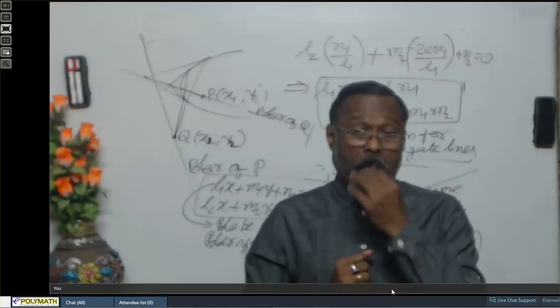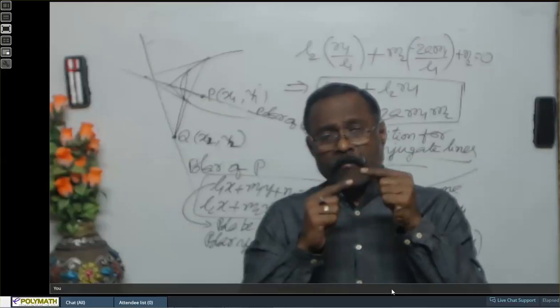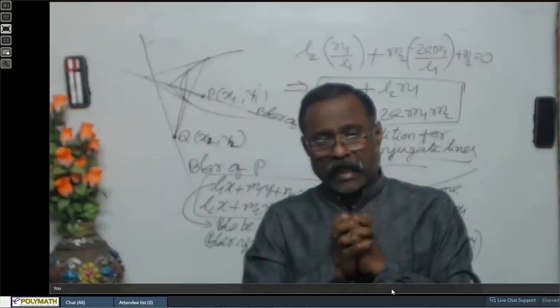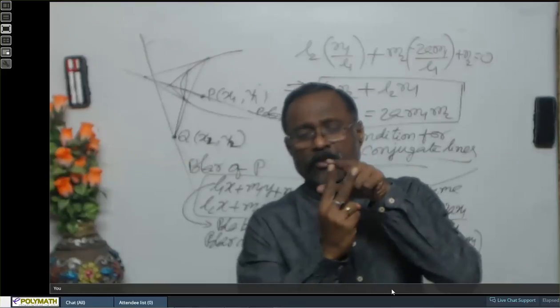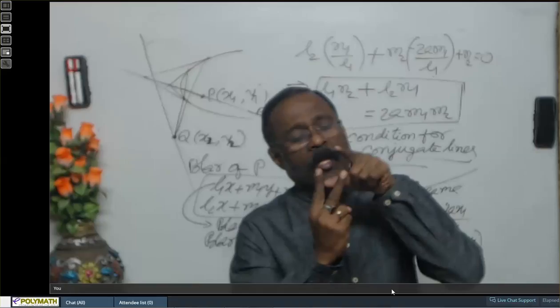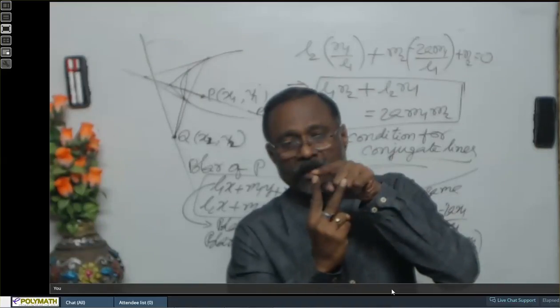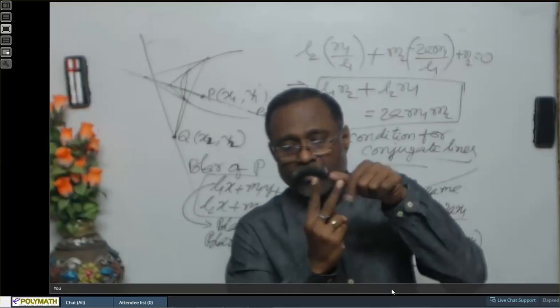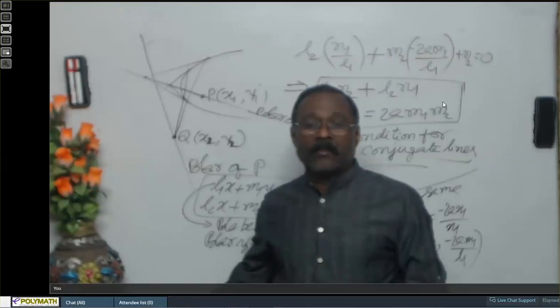Similarly, how to find the condition for the conjugate lines? Two lines will be given. If they are conjugate, find the pole of the first line using the method I taught you just now, and substitute that pole in the second line because they are conjugate lines. The pole of this line must satisfy this line, and thereby you will get the condition for conjugate lines. If you apply the same in the problems, you will be more comfortable because you might be getting confused with many number of